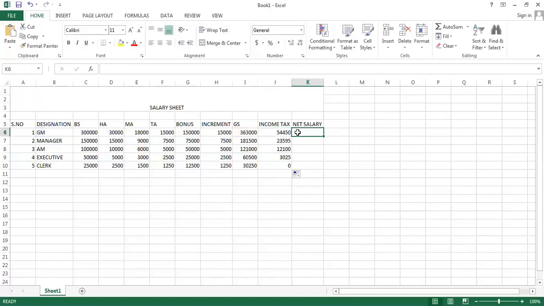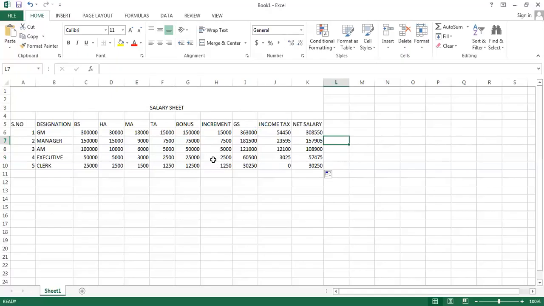Now you need to find out the net salary. In order to find out the net salary, you will be using equals to, and you will be selecting the cell of I6. Why? Because your general manager gross salary is there in this cell. You'll use the subtraction symbol, and you will then select the cell of J6 where the income tax of the general manager is there, and you'll press enter, and now you have the difference. And now this is the salary that all the employees will be taking with themselves to their home, right? So you can see that we are done with our task.